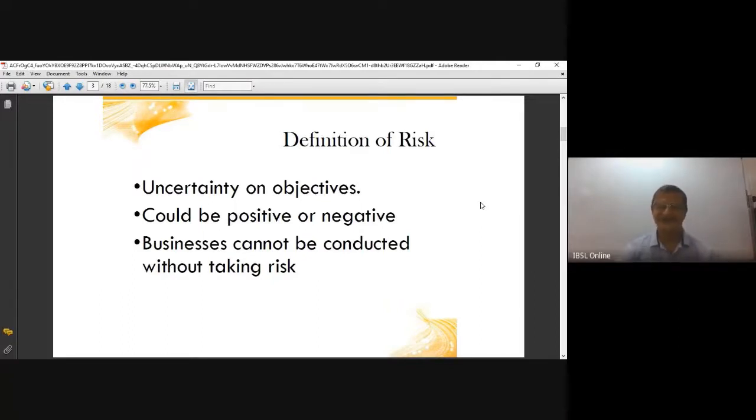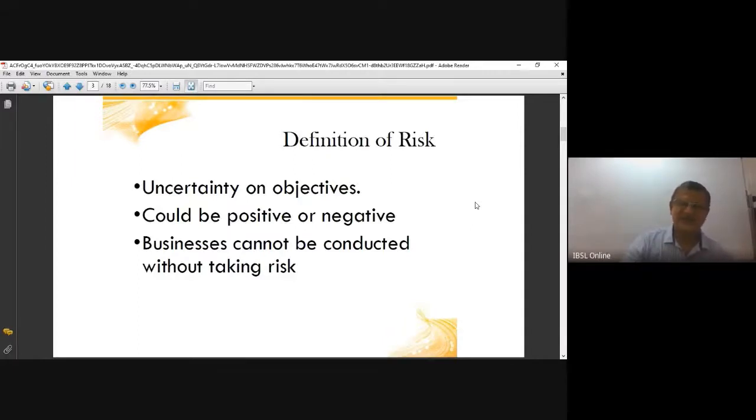So in other words, if you see these slides, you intend to earn more than your investment, but there are certain uncertainties. That means if your numbers don't match in your sweep, you might lose. These uncertainties we call risk. And I told you it can be positive or negative. If the risk you take gives you a gain, then we call it positive. If you lose, we call it negative.